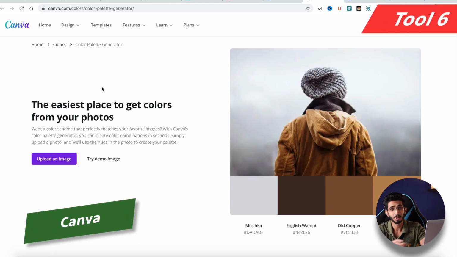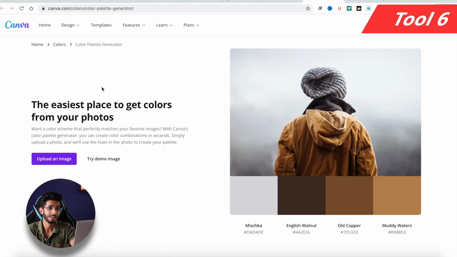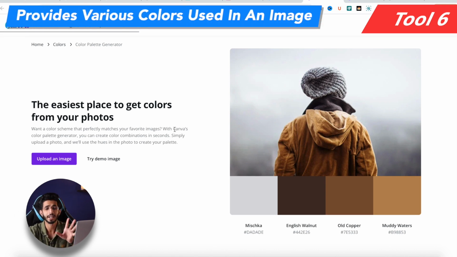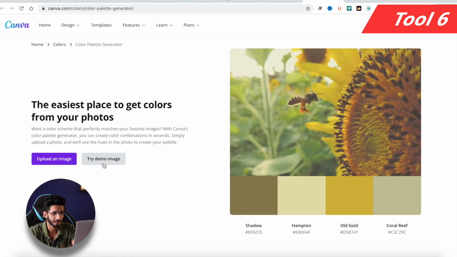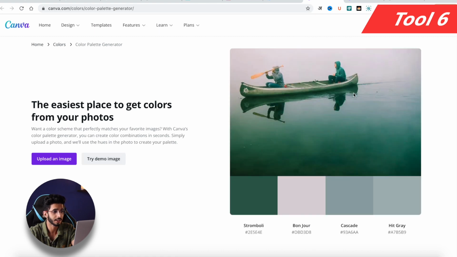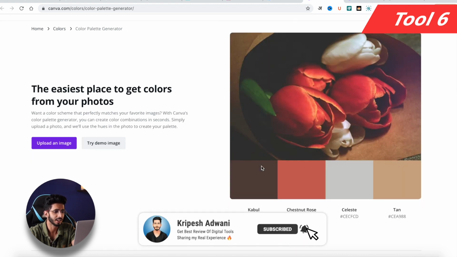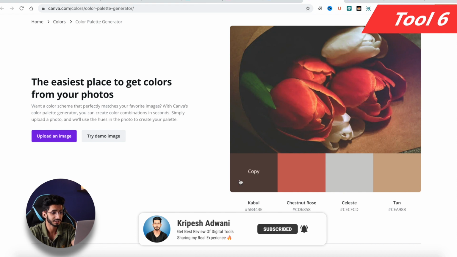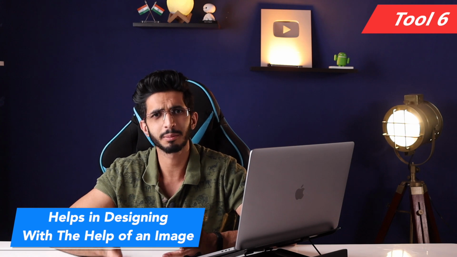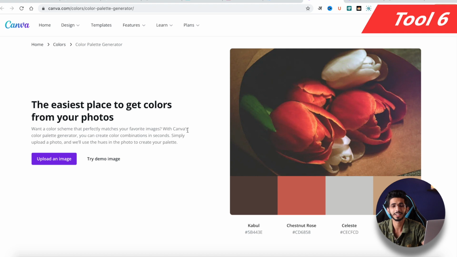Next website is Canva. Now Canva is a very popular website for image designing, but it does have some tools which are really useful. The first one is color palette. Here we just have to upload the photo and Canva will generate a palette from that image. For example, let's try some image. This one looks decent. Let's try another one. Okay, so this is the image. Now here is the color palette that is being generated by Canva. Now I like this website a lot, especially if I'm working with some client that already have some logos or designs, then my color selection process becomes really easy.